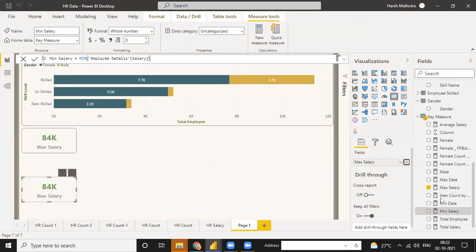Instead of maximum, you can use minimum. See, your minimum salary is this one and your maximum salary is 84 lakh.